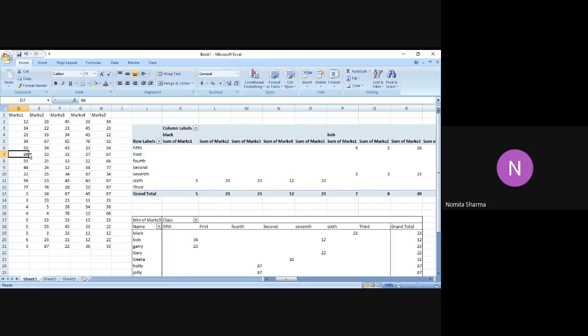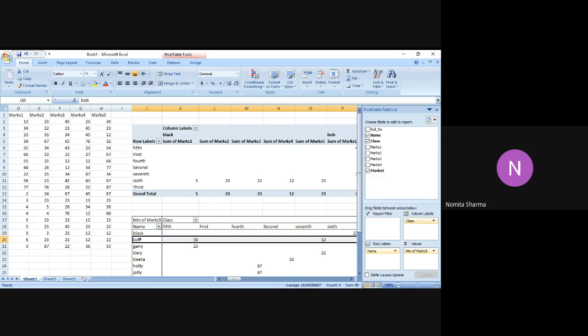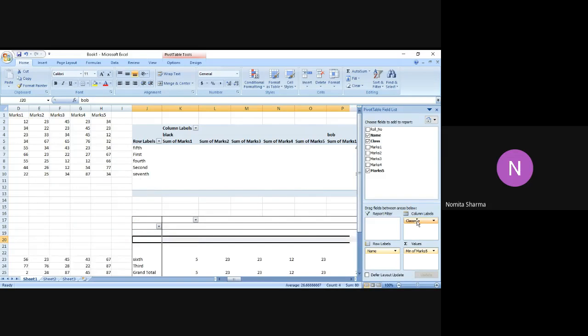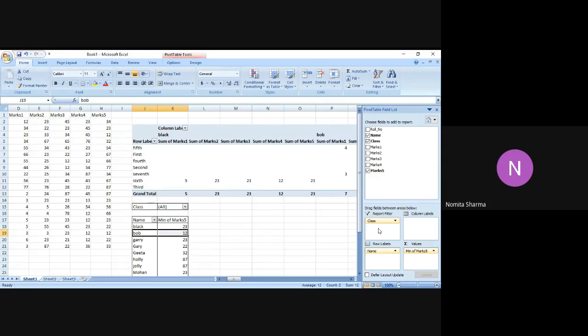All right. So let me just do something more, and I'll give you 2 questions to make a table, one without filter and one with the filter. I remember I gave you the filter command initially. So if I put class not in the column label but in the filter option, you will see that the filter column will appear just above the table, and I can select the option depending on this. If I select 7th and say okay, you will see that only those students appearing in the 7th class will come over here.